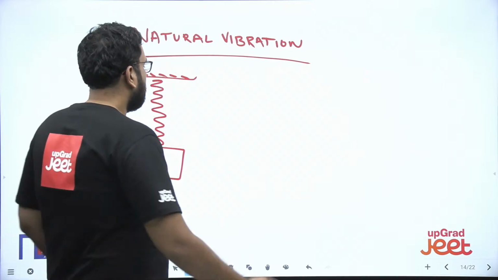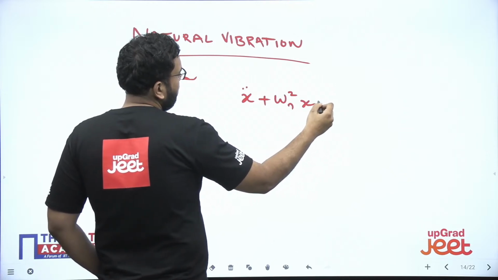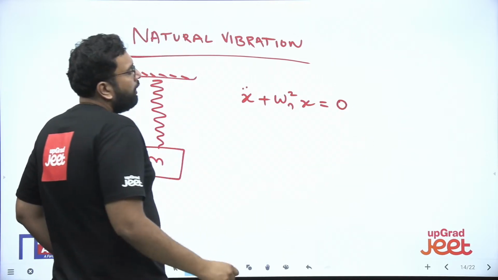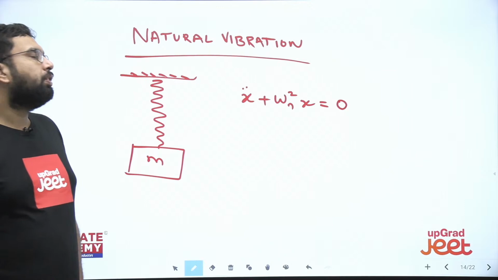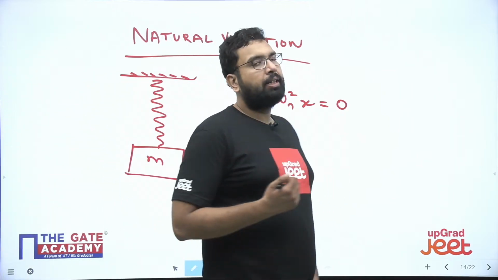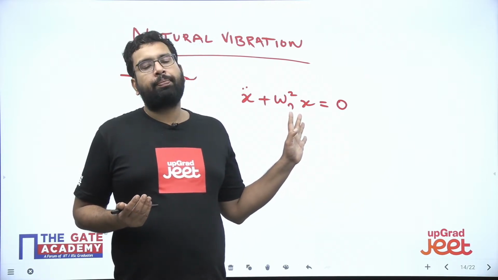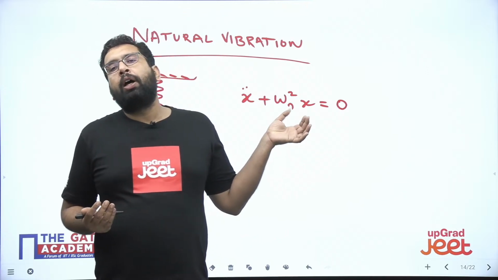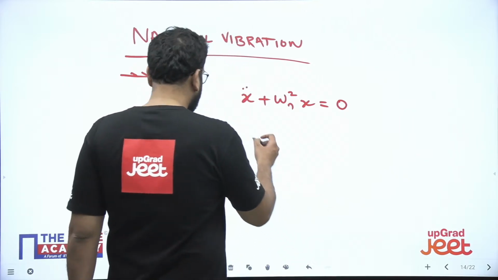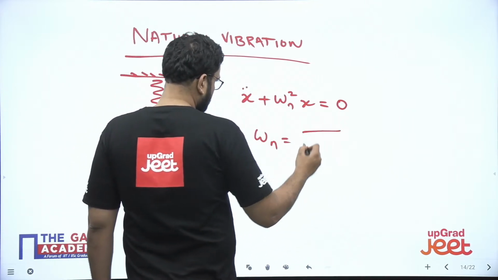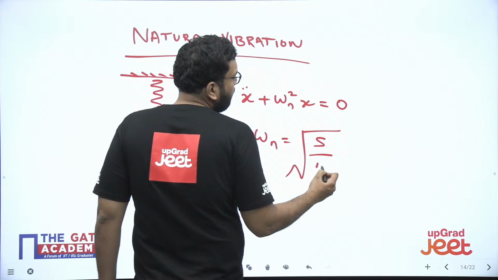So this is the governing equation: x double dot plus omega n square x is equal to 0. In case of natural vibration, you may have to make an equation like this in some questions, and then relate or compare. So what is this omega n? This is the standard formula. It is going to be the square root of S by M, where S is the